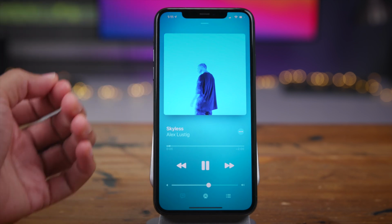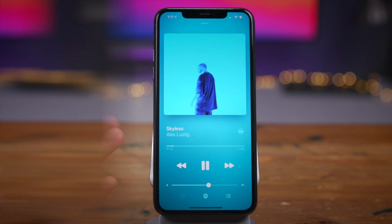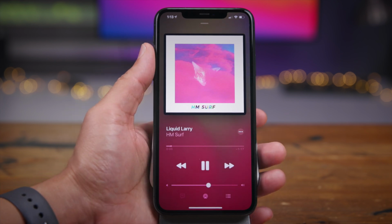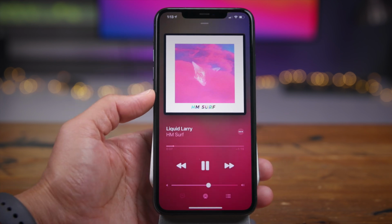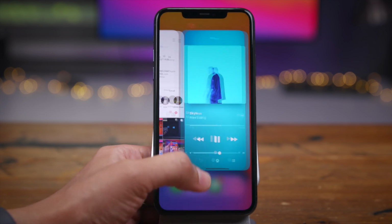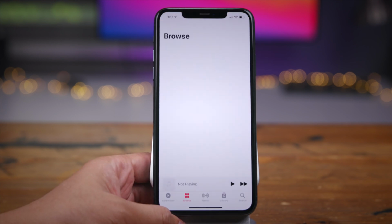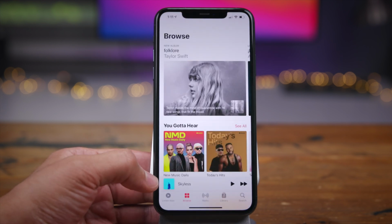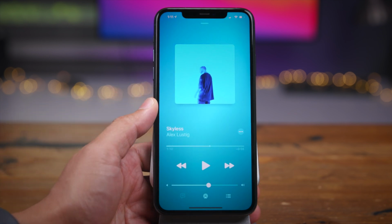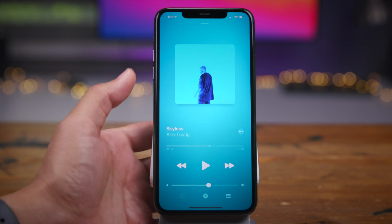So one of my favorite features is the fact that now on the now playing view, you get your album artwork and you'll get a color matched background, which looks amazing. So you no longer have to open up the live lyrics or the time track lyrics to view that background. Looks really good. Now, another cool feature is the fact that the music app will remember where you left off. Even if you force close the music app, it'll remember the song you were playing and also the location of the playhead. You also notice subtle haptic feedback when interacting with the transport controls, and there's a new autoplay feature